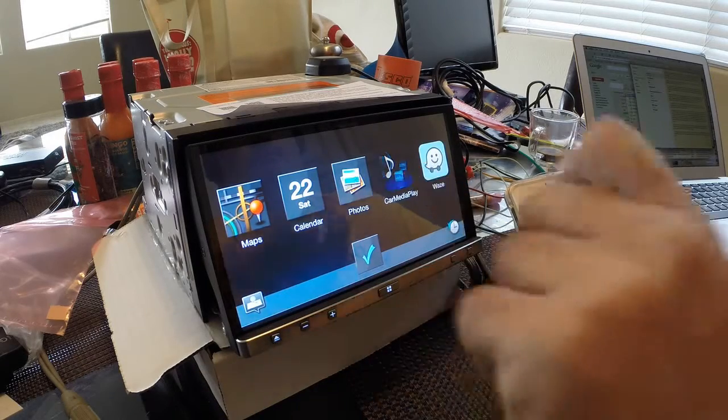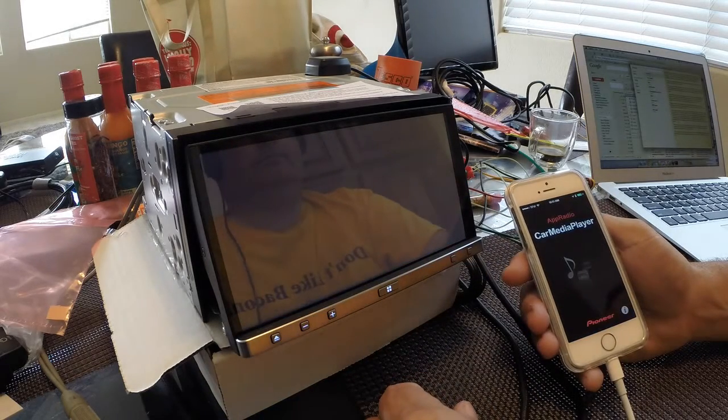So let's say I want to pause my music or skip to the next track. Now I've got to fire up the media player again, which you can